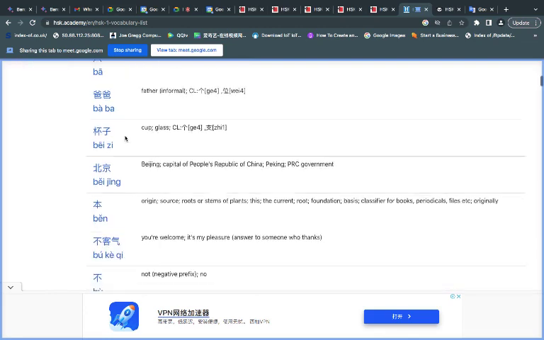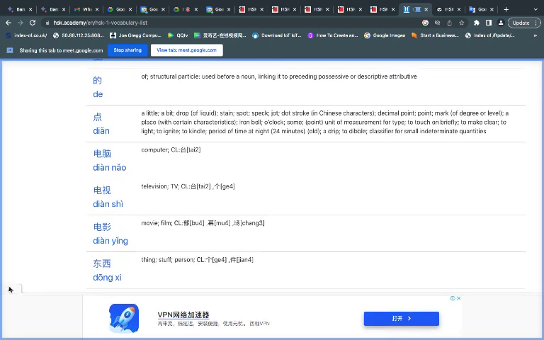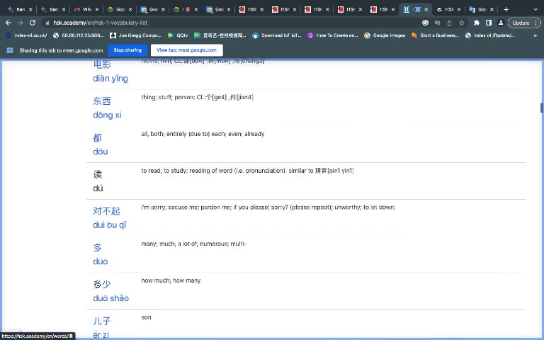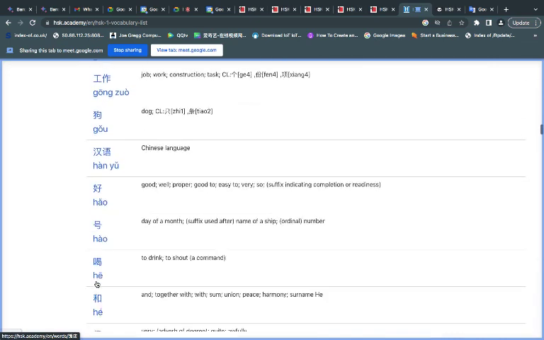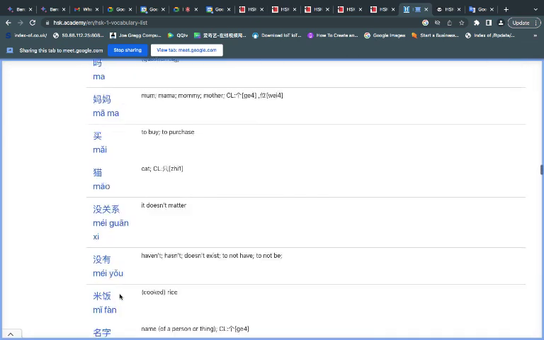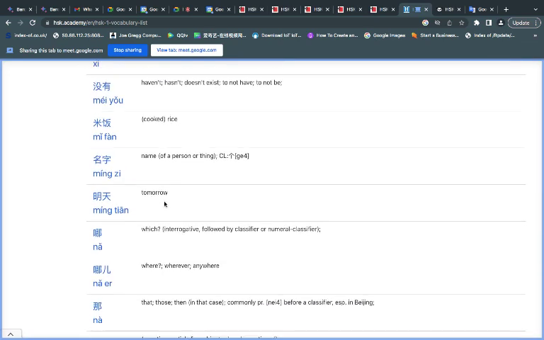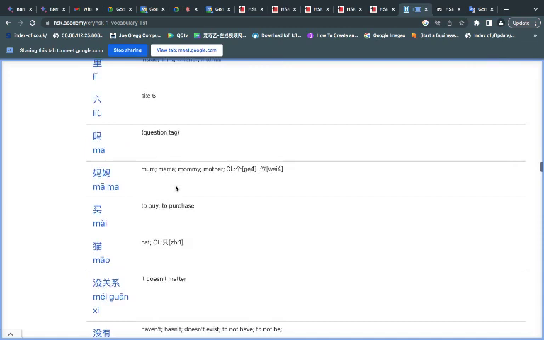So once you master all of these words in the list, your level will be level 1, and then you go to level 2, you master another bunch of words as well, and then you'll be level 2. You go further and further and further. The more you build your vocabulary, the higher your level of Chinese. There is no secret to it.